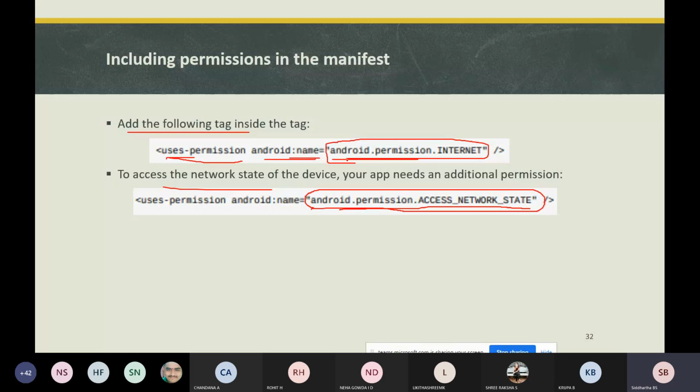So where are you going to write the disconnect method? In the finally block. Whether you have retrieved or not, every time you make a connection, you need to disconnect the connection. That is the connection dot disconnect method. And if the input stream is not equal to null, we need to close that input stream also.